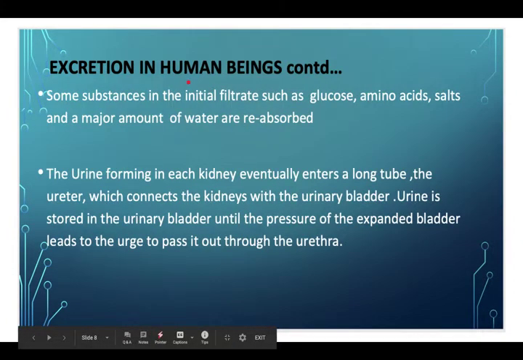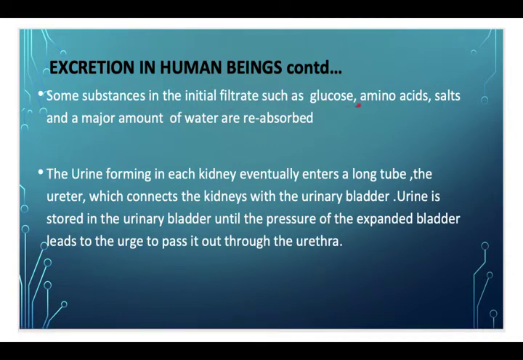Now in the excretion process, some substances in the initial filtrate such as glucose, amino acids, salts and a major amount of water are reabsorbed after the first part of the filtration. And this step of urine formation is known as the reabsorption process. In the first part we have seen that ultrafiltration is going on, and then in the second phase reabsorption is going on, where important substances from the filtrate get reabsorbed by the capillary network,